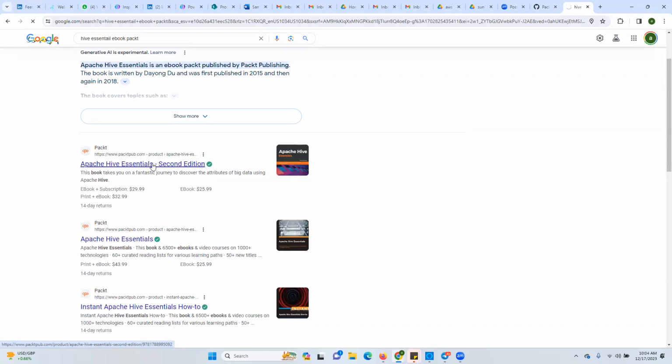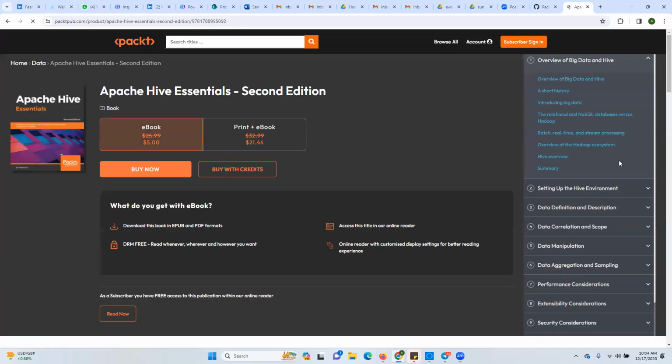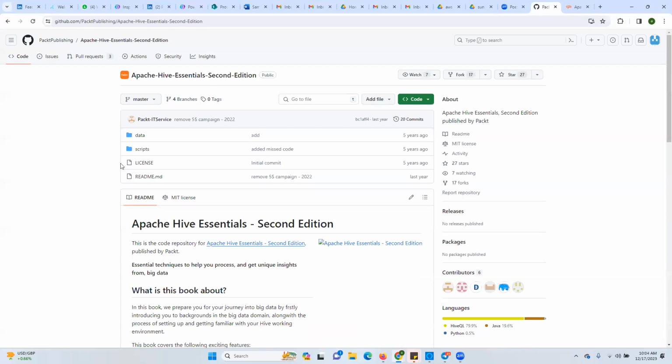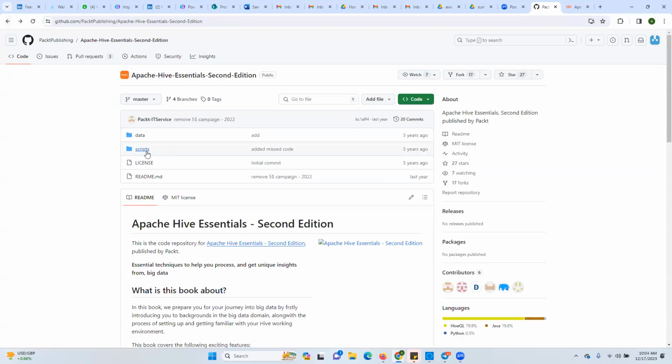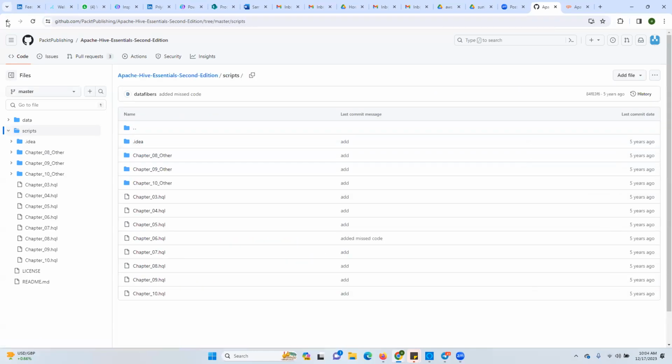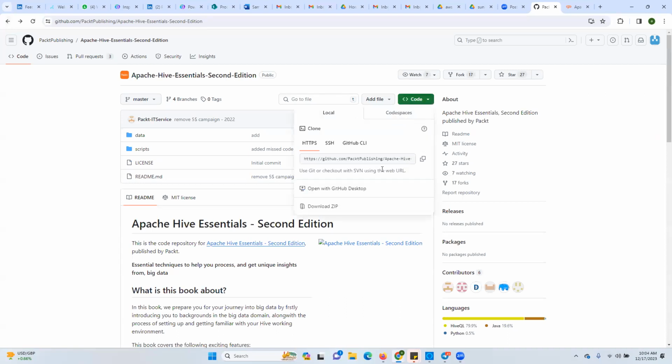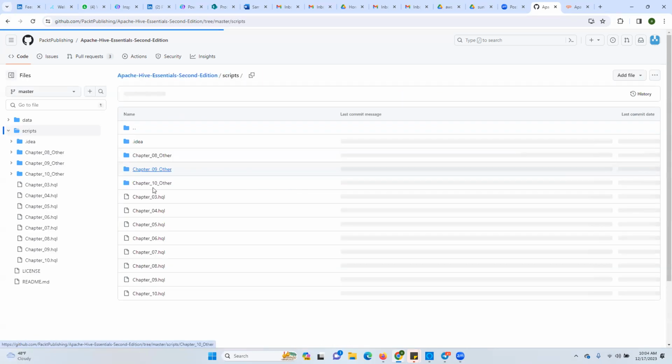The second edition, right? This book has different chapters and source code is available. If you practice this book's source code, the data part has the data. There are 4 files, and apart from that, they have the scripts, chapter wise scripts. This is a GitHub link, you can directly check out, right? Clone this project. This GitHub code you can clone in your machine, and you will get all the scripts